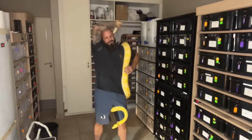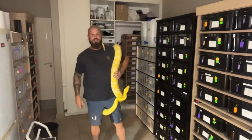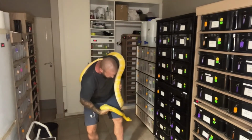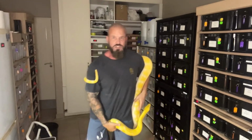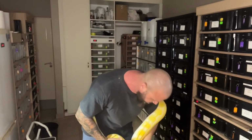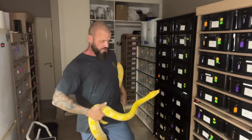She's a big snake, and she's only half the size of what she can be, what she'll get to. I reckon she's going to get to 18 to 20 feet, this girl. She is breeding ready next year. Sorry, I know she's out of camera shot. It's just that she's